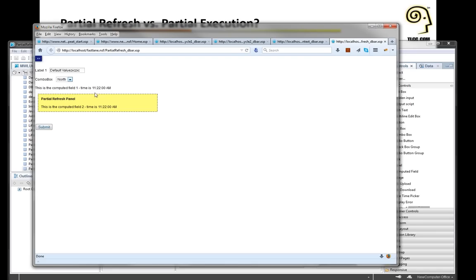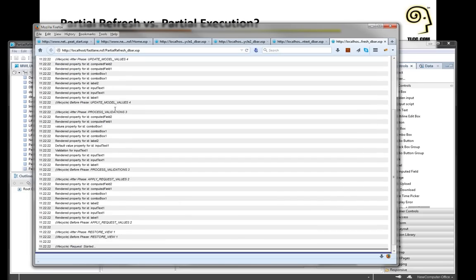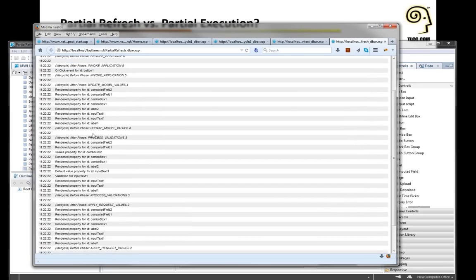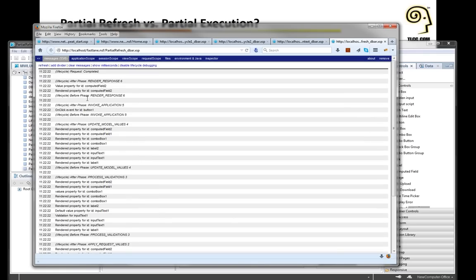Okay, so notice that the time for computed field 1 is 11:22:00. In the partial refresh panel, it's the same time. When I click the submit button, notice the time only changes for what's in our partial refresh panel. That makes sense, right? That's the whole idea. And if we look at our JSF lifecycle, notice how all the stuff was still done for all the other fields. Our input text 1, our computed field 1, combo box. So we went through everything, but the render response phase only did what was in that partial refresh area,